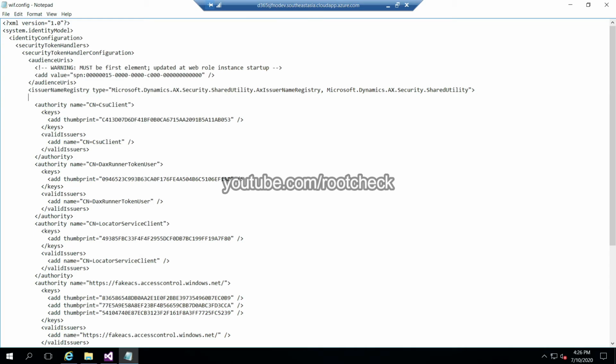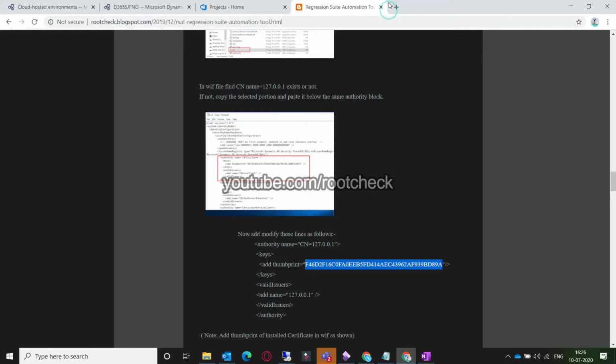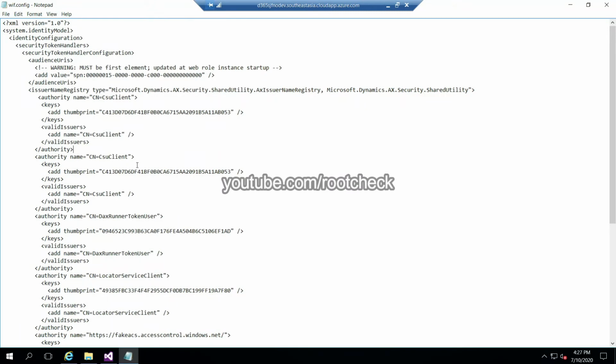Just copy one section of it and paste it under any thumbprint section and mention the thumbprint which was generated in the RSet tool previously. Don't worry about any detailed steps. I have mentioned all this information in my blog also, so you can find information regarding this there.